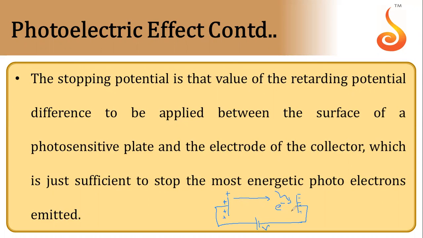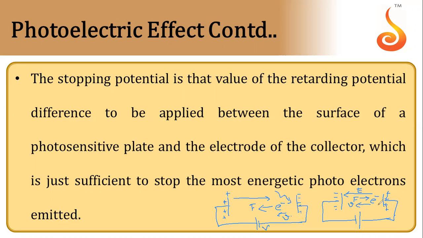Now let's say an electron came out with a certain velocity v. As the electron is moving in this direction, the force on the electron will also be in this direction. So the electron will keep on moving in this direction. But if we change the polarity of the battery like this, then when the electron comes out, this is the positively charged plate and this is the negatively charged plate, the electric field is in this direction, the electron tries to move in this direction with velocity v, the electric field is in this direction, so the force on the electron will be in this direction, opposite to the direction of motion of the electron.